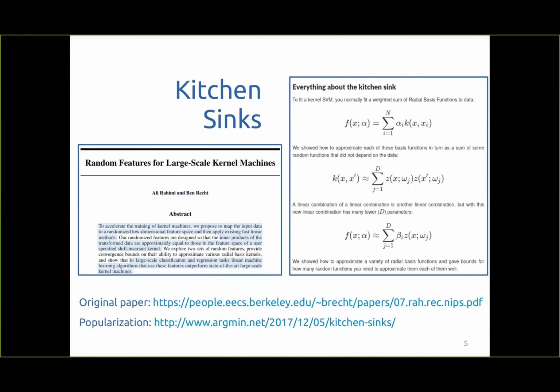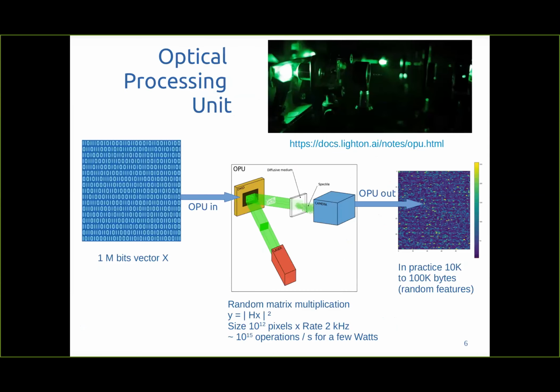To the point that now the bottleneck is to compute the data in this new dimension, which takes time. And the question would be, could there be a way to compute fast those matrices? And that's the whole point of the OPU. And you can see on top that it's really a physical device with lasers and stuff. And it works like this.